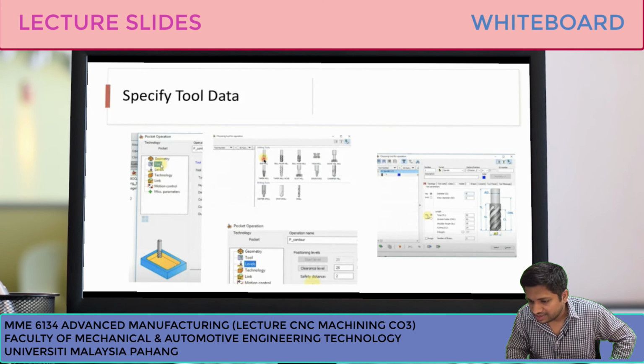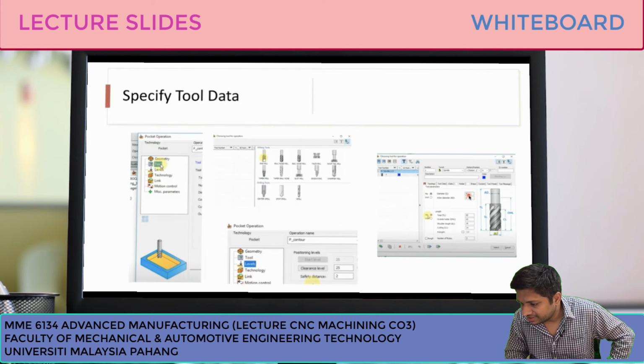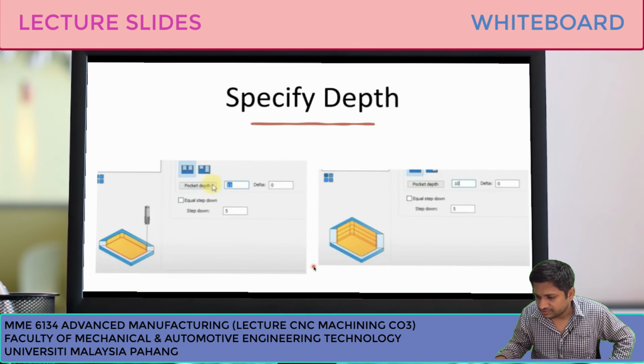He is using end milling, and in end milling he is putting the tool parameters: the diameter, the arbor diameter, the total length of the tool, the outside holder OHL, shoulder length, and then he has also put the clearance of the tool. Then he has to specify how much should be the depth. Initially it was 11, then he reduced it, so the amount of depth it will go down has increased.